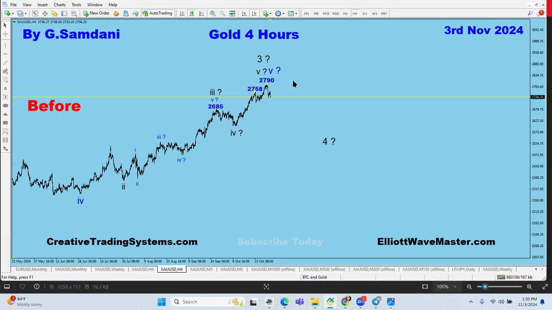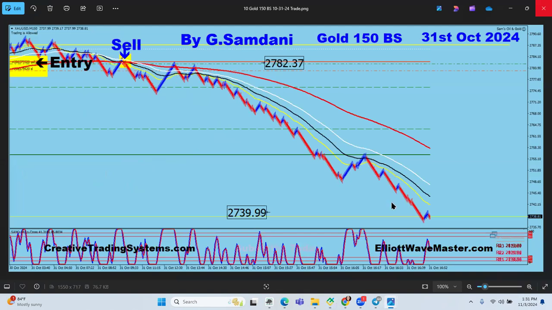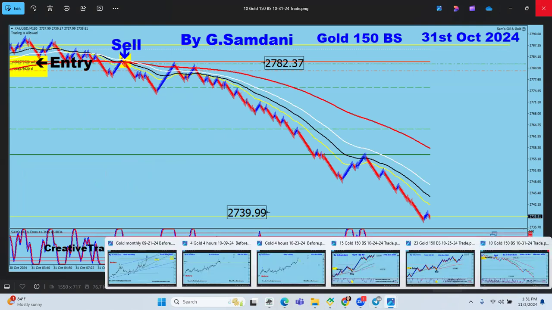But anyway, this is how gold is behaving right now. Like I said, I had a very nice trade on Thursday or Friday. This is on the 31st. Beautiful drop, big drop, right? Similarly, pound yen had a big drop there, a 260 pip trade it gave me. So when things make the turn, they do turn like that.